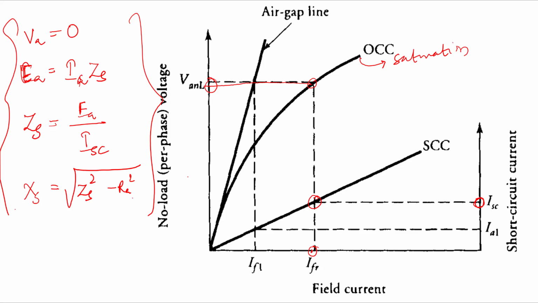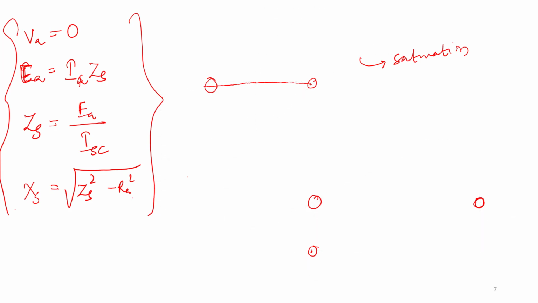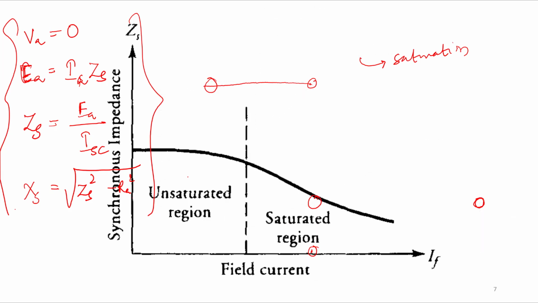Therefore it is very important to note that the parameters of a synchronous generator don't remain constant throughout its operation. It depends upon the load. When the load current varies, then your ZS also varies. So this is a very important conclusion, where many times we take ZS as constant, but it has an impact on the ZS, which also impacts other operation in the power system, right? So you can see here the plot of ZS